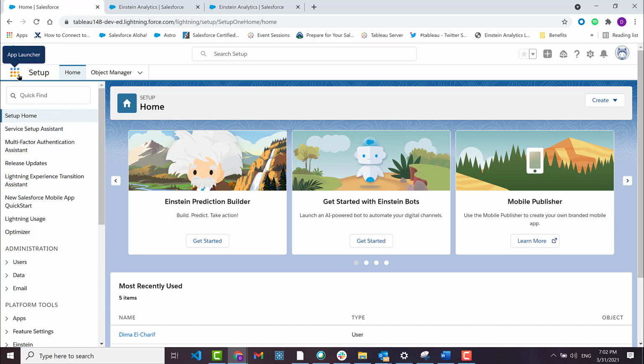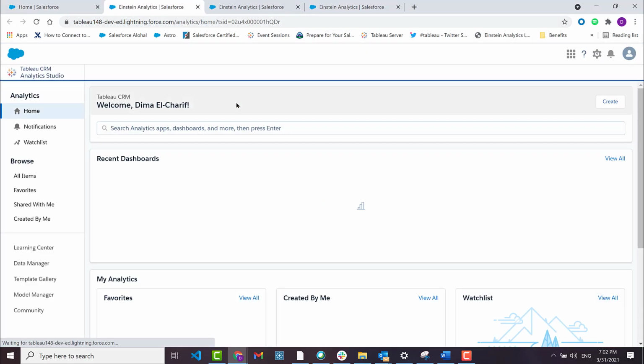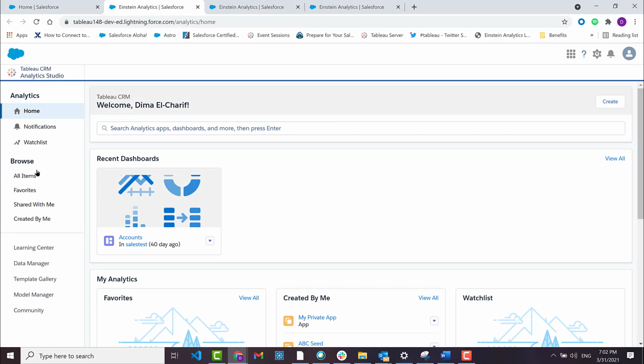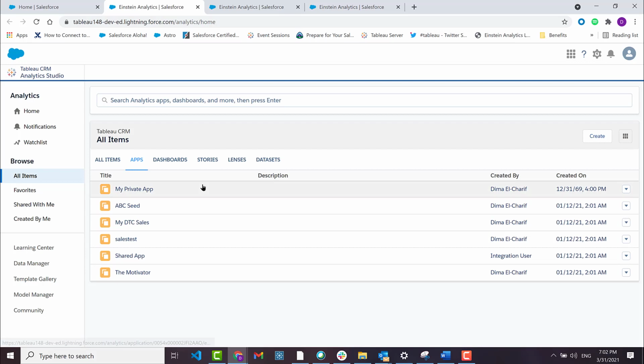So in here, through the app launcher, you'll find that there's an Analytics Studio tab. This is the Tableau CRM experience. If I click on it, it will take me to my home screen where I can see all the items available to me, including some of the apps. And what you'll find is that there are often these pre-built apps that you can start with and you can configure. So if I click on Create and then App,